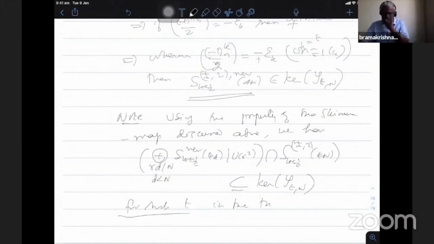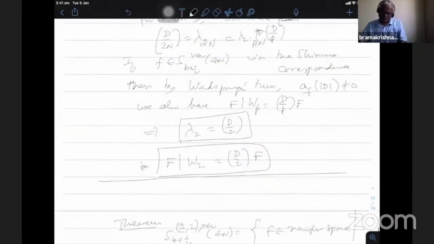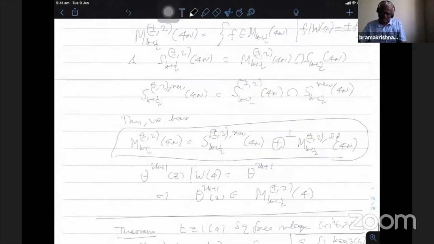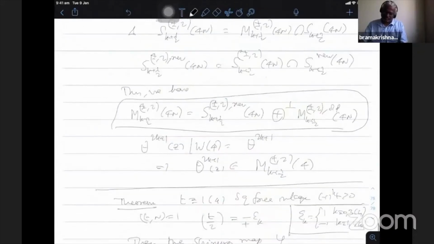The theorem. Whenever t satisfies the property in the theorem, even the old new forms, the new forms in the old class also, after duplication, if I intersect with the plus space, they also belong to the kernel of this form. Therefore, when you consider this decomposition of the full space in terms of these spaces, what remains is this M_k plus, or plus 2, old, even the old class. I remove all the new forms, the usual new forms coming from the lower levels, everything comes out. So the only spaces remaining are the plus space and its duplication. So that's what it says.